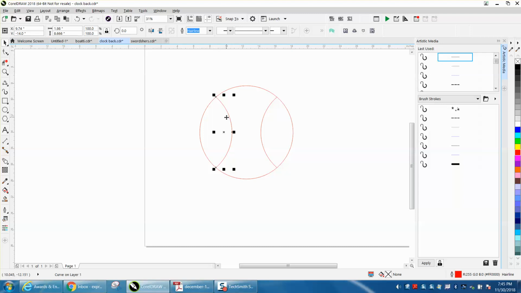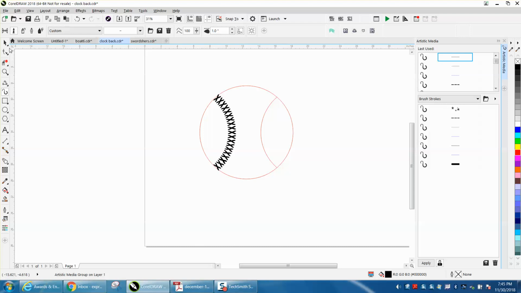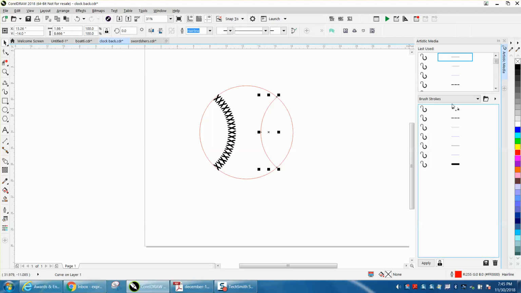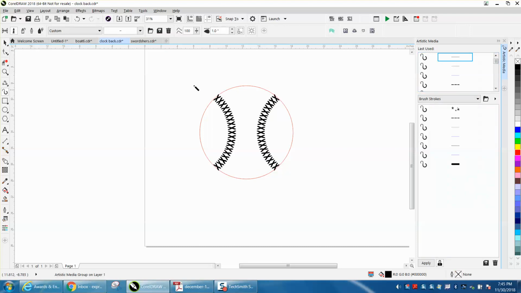I've got that line selected. If you haven't watched the video on how to create this pattern, all you have to do is click on your line. Select the line and do the other side, and then you can take your outline of your baseball